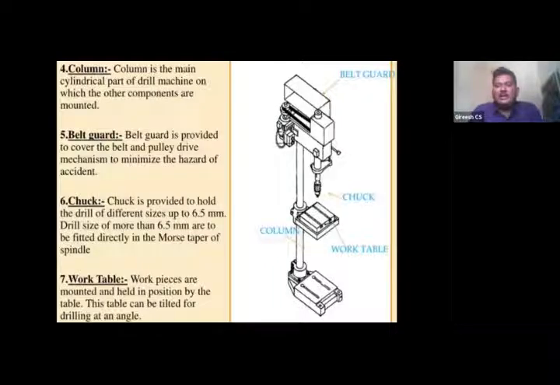So here the drilling machine is also referred to as a 3-axis machine because the workpiece can be moved in all three mutually perpendicular directions. Upside, downside, that is one. By side you can move, and also forward and backward you can move the workpiece. So that's why it is called a 3-axis machine, where workpiece movement is possible in all three mutually perpendicular directions, so that you can align the position for producing the hole properly.